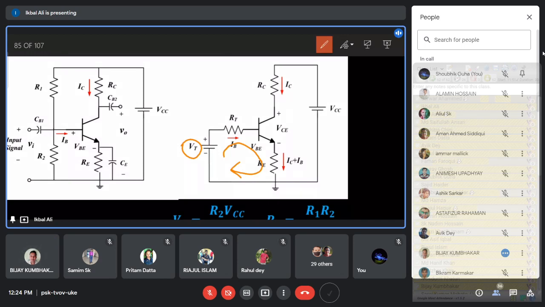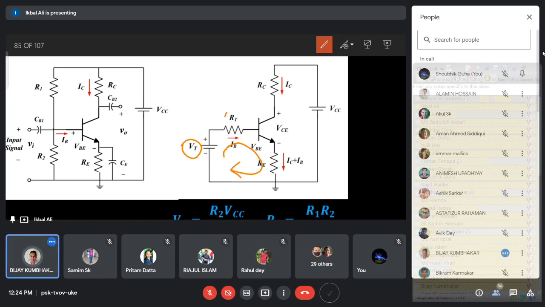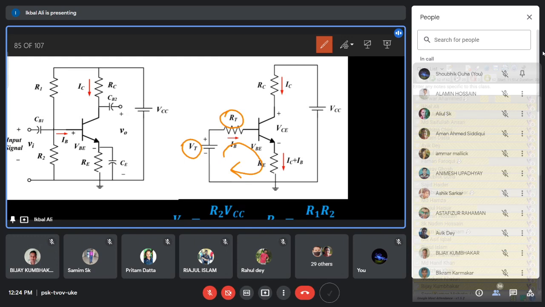Okay, why minus VT? The source is usually on the right side of the equation. Total voltage drops should equal the supply from the source. The supplied energy from the source should be equal to the taken energy. So first you calculate the drops, then that should be equal to the supply drop. You are taking the supply voltage on the same side of the equation, and then you have calculated a drop RT into IB. This side is plus and this side is minus for the drop across the resistance RT.